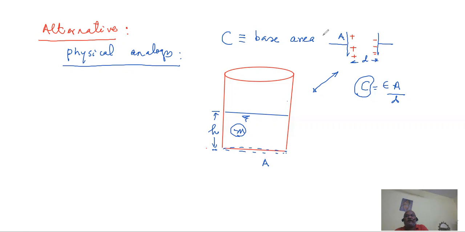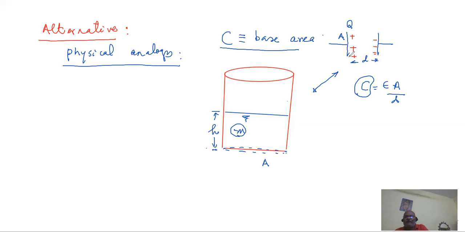Base area, that is capital A. Okay, you may not write anything. If the base area is large, because you can clearly see, I am giving you a hint, the container is not completely filled with liquid. If it is completely filled with liquid, then the case is something else. Similarly, a capacitor is not completely filled with charge. My point is that just like you take a container, you completely fill it with water.